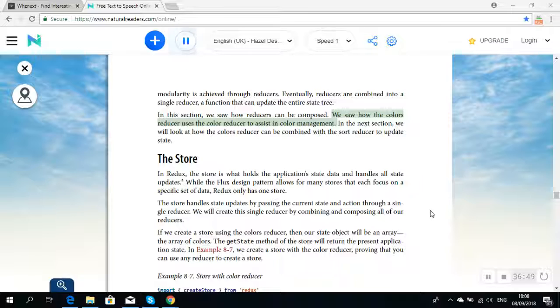We saw how the colors reducer uses the color reducer to assist in color management. In the next section, we will look at how the colors reducer can be combined with the sort reducer to update state. The store in Redux. The store is what holds the application's state data and handles all